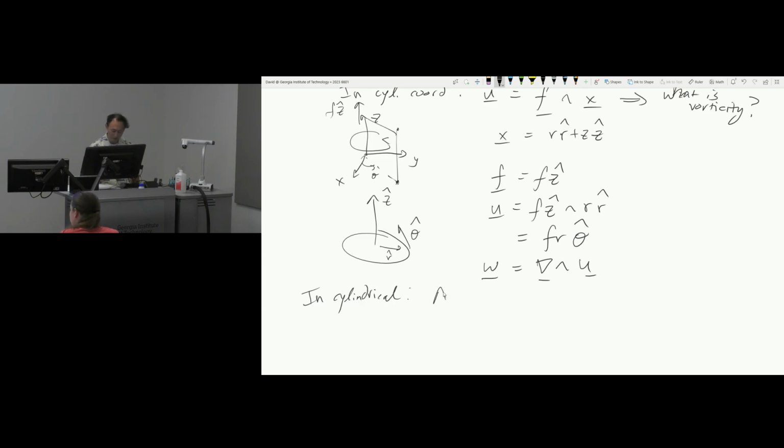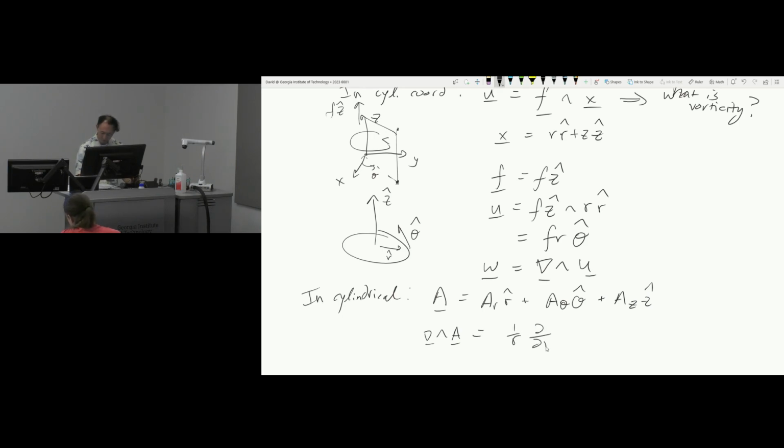In cylindrical, let's say we have a vector A is a sub r r hat plus a sub theta theta hat plus a sub z z hat. Then the curl of A, it's going to have a lot of components, but the stuff that's relevant to you for this problem